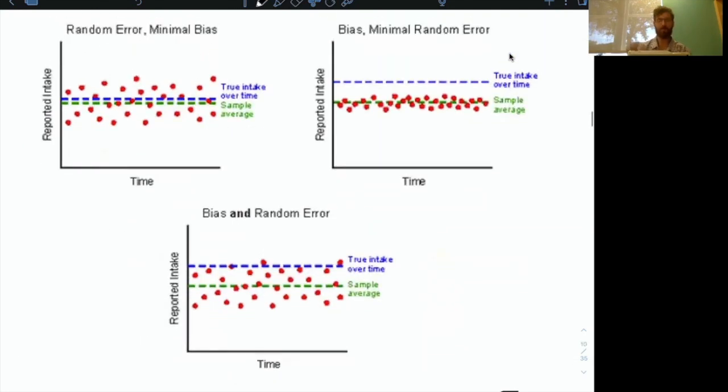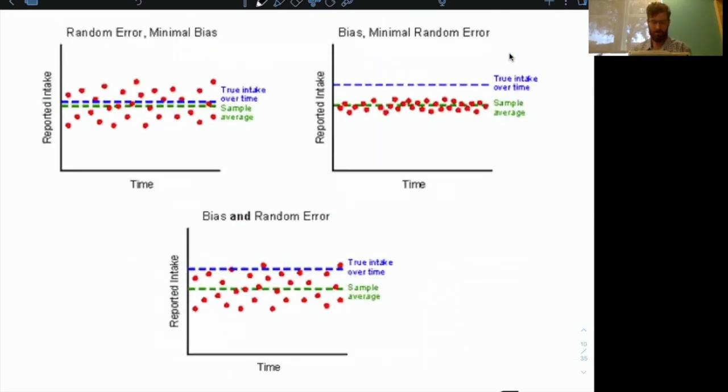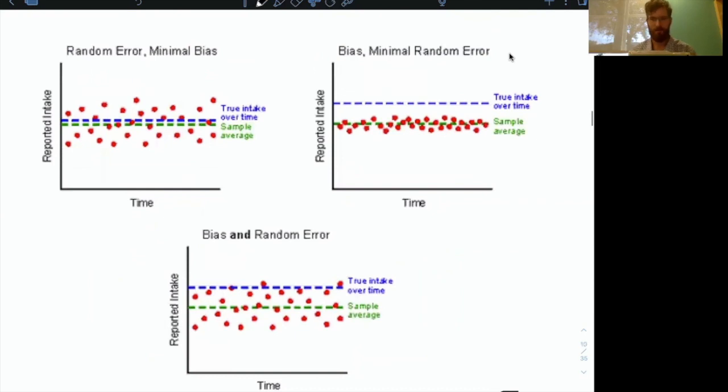So what does this look like graphically? I mean, we are in a science class after all. What is it going to look like? So here's a couple examples, ladies and gents. The first one that we see to the left, we have random error, 100% pure random error. Now, how do we know that? If we look here on the right-hand side, the blue line is our true value over time, and green is our sample average. So if blue is the target, okay,